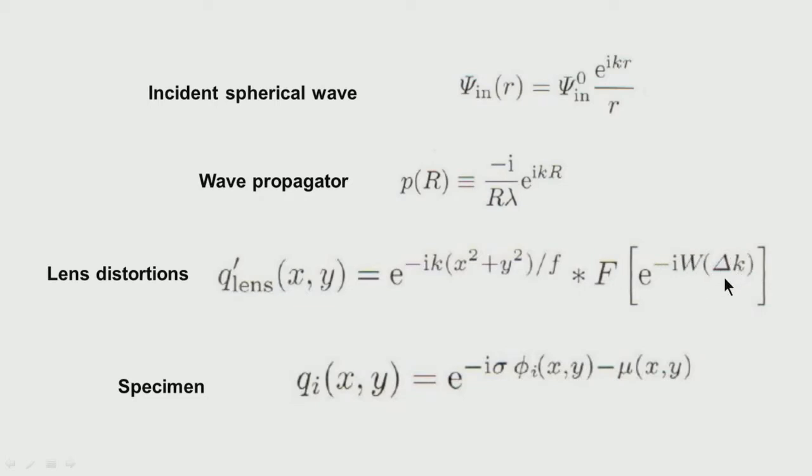In all these processes, what we are essentially doing is this: one is the incident wave which is entering, and that is modified by the lens distortion. So this is what we call a convolution of the wave, or essentially an envelope of these two waves together. This is what we take.